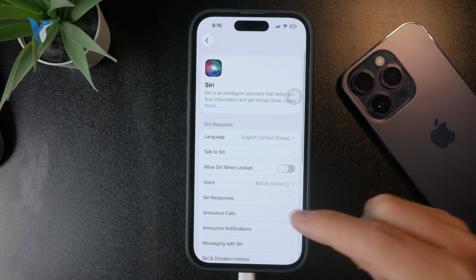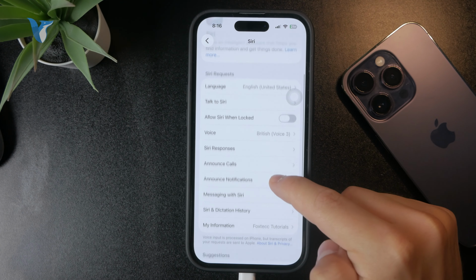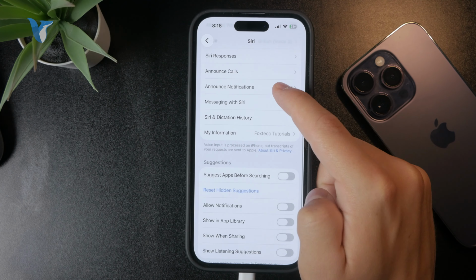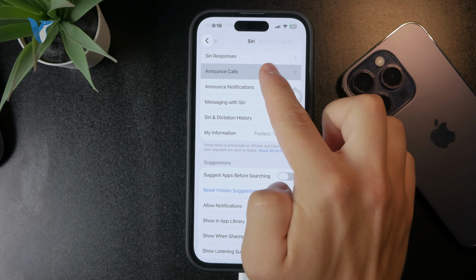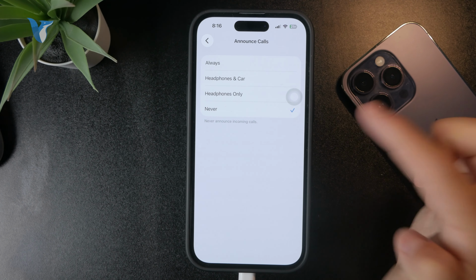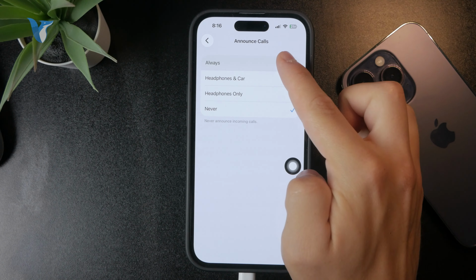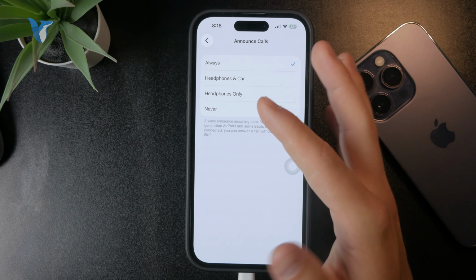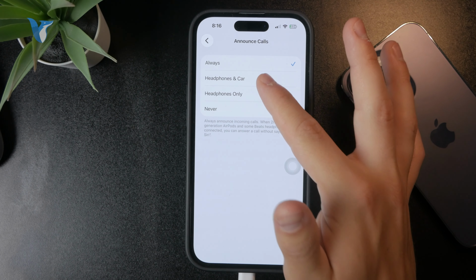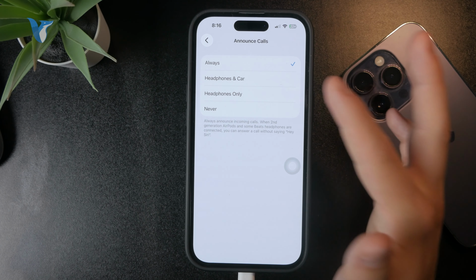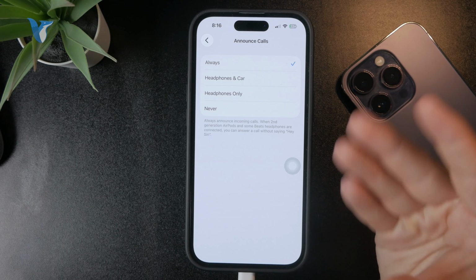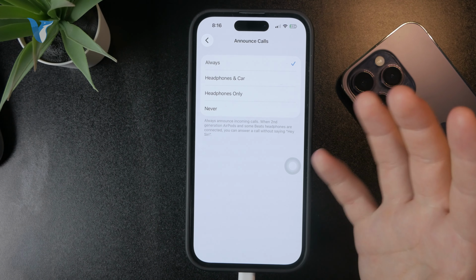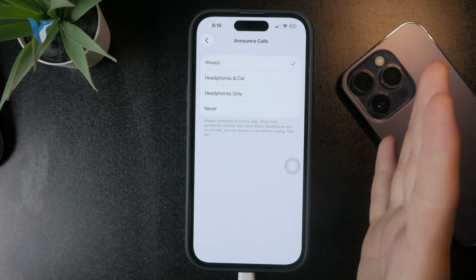You click here and you essentially want to scroll through the options a little bit again until you find announce calls. And when you tap on it, you want to make sure that this is set to always, which essentially means that this isn't limited to headphones, for example, or headphones and a CarPlay. But no matter what you do before the phone actually rings, it's going to announce the name and tell you